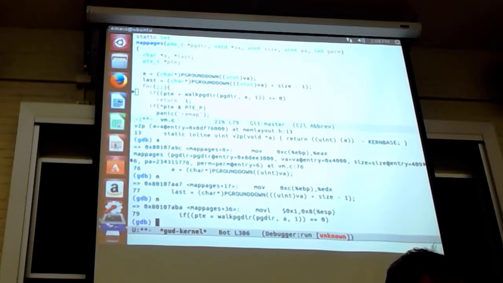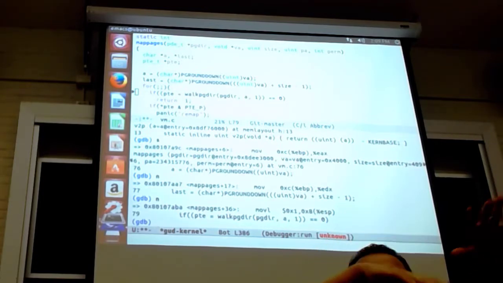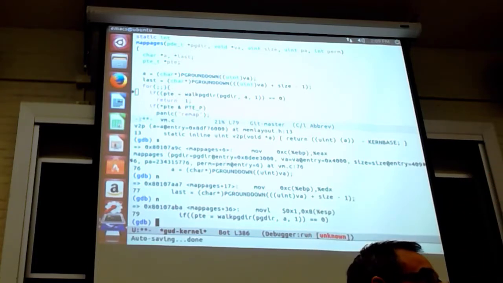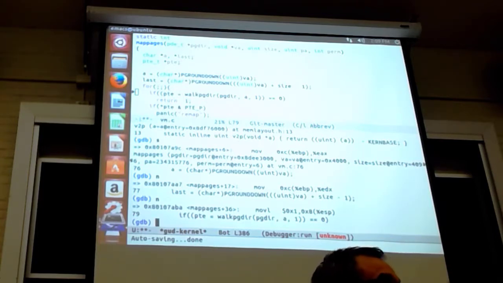Not surprising, because walk page directory literally implements the software version of the MMU. The kernel is just pretending to be the MMU because it needs to set things up, so it needs to walk down the user space directories, the 2 levels, to find which PTE it needs to modify to record this new physical page. Does that make sense? Okay, so let's walk into this